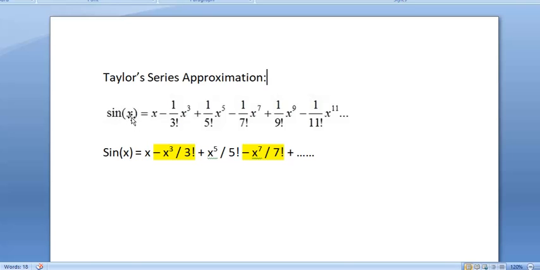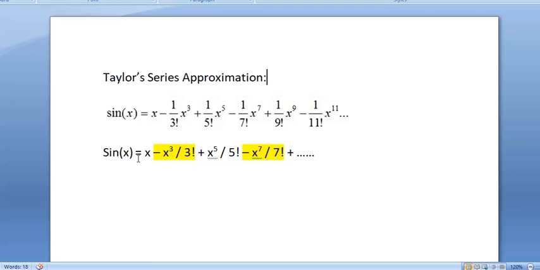Sine of any value x, whatever the user gave, it can be 30 degree, 35 degree, 36 degree, any value, that angle, sine of x, x will be represented in radians. So when we are using the Taylor series approximation, sine of the angle x, x being in radians, this value can be calculated using the Taylor series, which is given by x minus 1 divided by 3 factorial into x cube, or it can be said x minus x cube divided by 3 factorial.